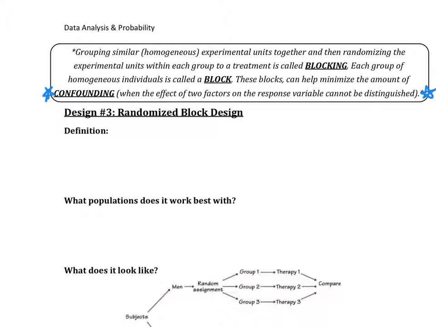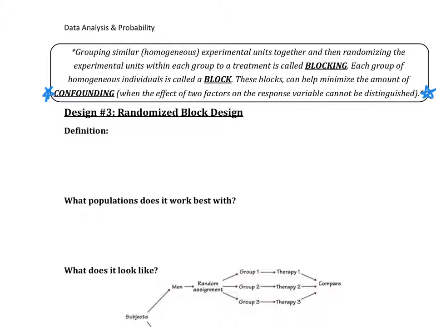This is when the effect of 2 factors on the response variable cannot be distinguished. So like those randomized factors, things that could affect the outcome of your experiment, but you can't control. Doing these groups by something they have in common can help minimize the effect of those randomized variables